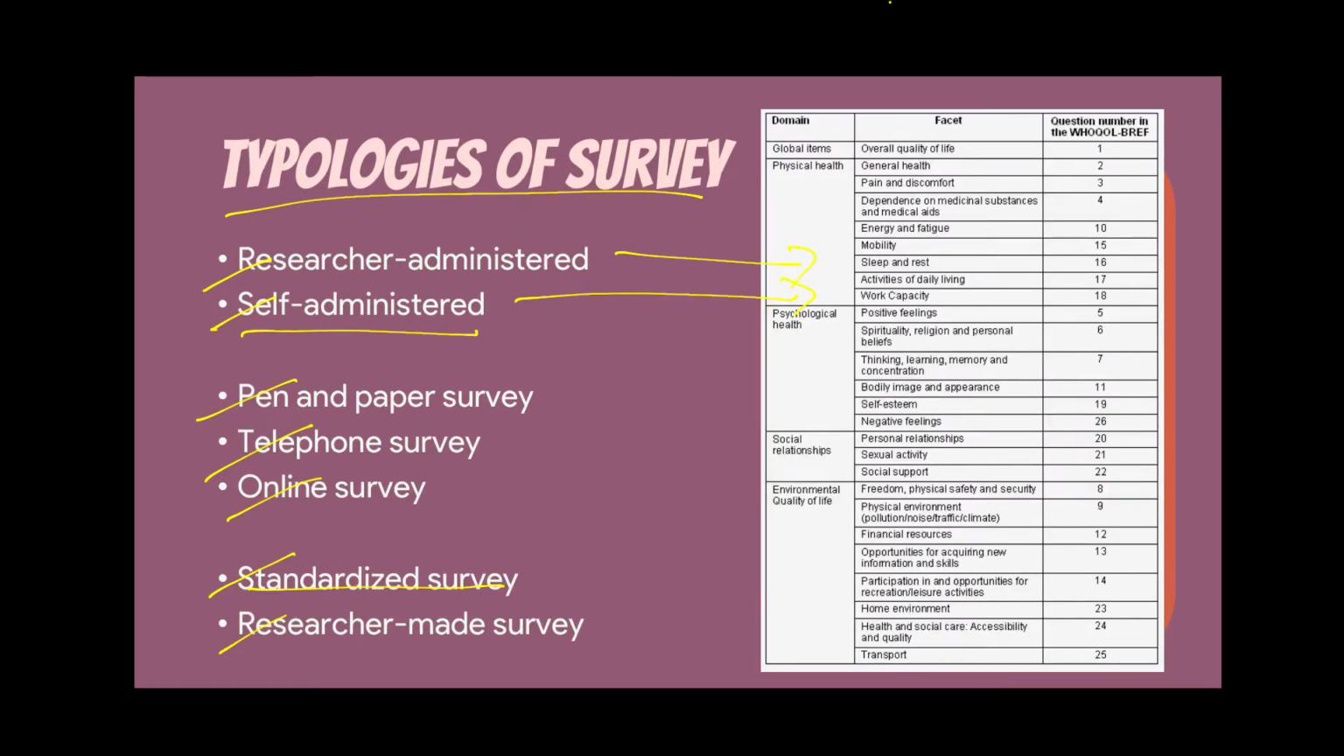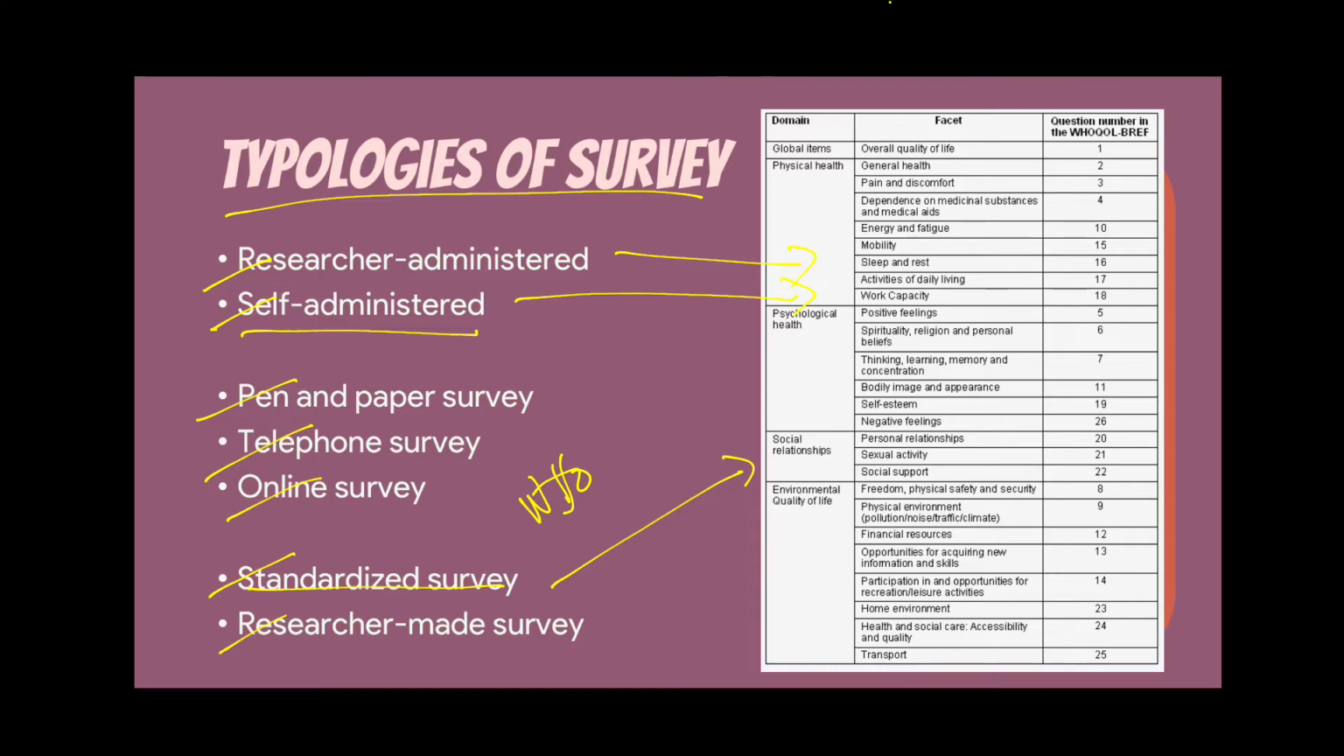So for example, you are measuring quality of life. This is the WHO quality of life scale, the brief scale, and they already have different facets that they measure, and this has already been tested all over the world. So if you want to measure quality of life, this could already be your instrument to be used. And when I say, in a conceptual framework,